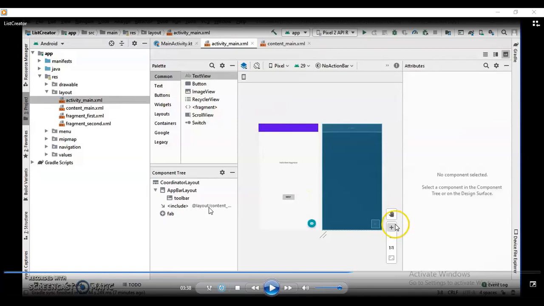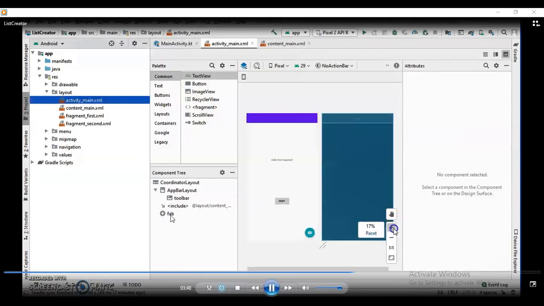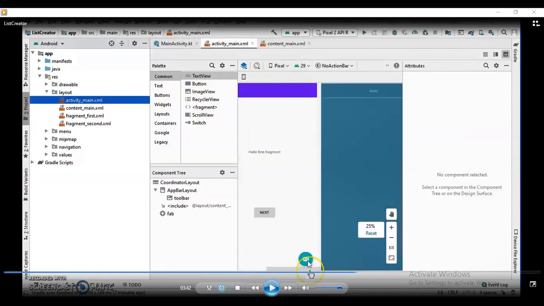If you hover the cursor over this, whatever layout has been specified inside content_main from the layout folder will appear inside this activity_main design view, as well as one floating action button that has been added here. This floating action button can be dragged anywhere within the application. By default it has been added.